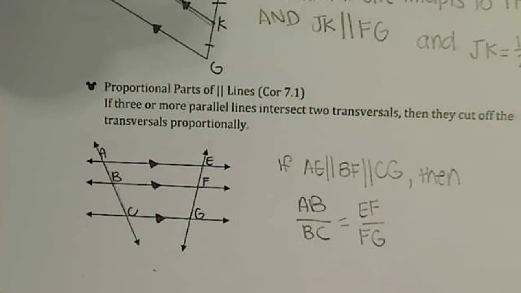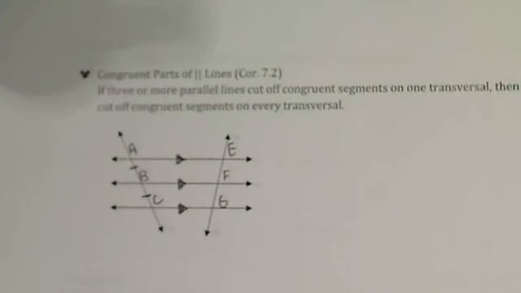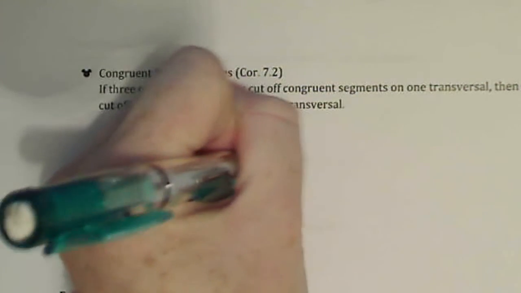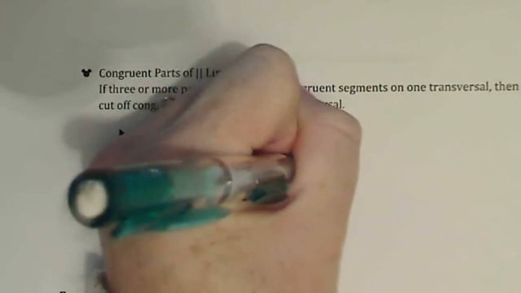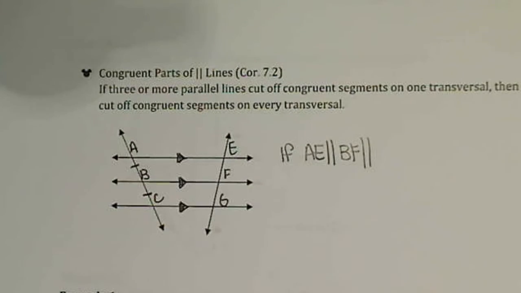Okay, one more theorem. It's very similar, but this time we're talking about congruent parts. So this is now a corollary. Remember, that's different than a theorem. So this is not just proportional, this is congruent. There's a little bit of a difference. We're starting out the same way. We have three parallel lines. So we're going to start out with the same if. If AE is parallel to BF, which is parallel to CG,